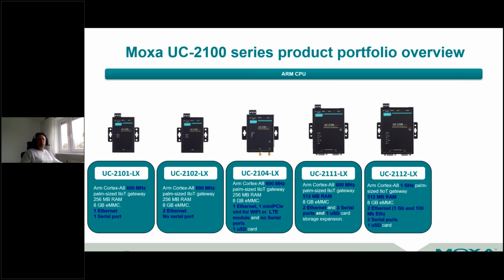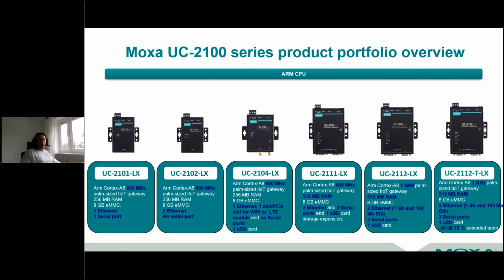UC-2111 has an enhancement in UC-2112, which runs on a 1 GHz CPU processor. It is the same hardware as UC-2111, with 2 Ethernet ports, one gigabit and the other fast Ethernet, 2 serial ports, and 1 micro SD card. For the extended temperature requirement, bear in mind that Moxa designs devices with an extended temperature range from -40 up to +75 degrees Celsius, which means the computer